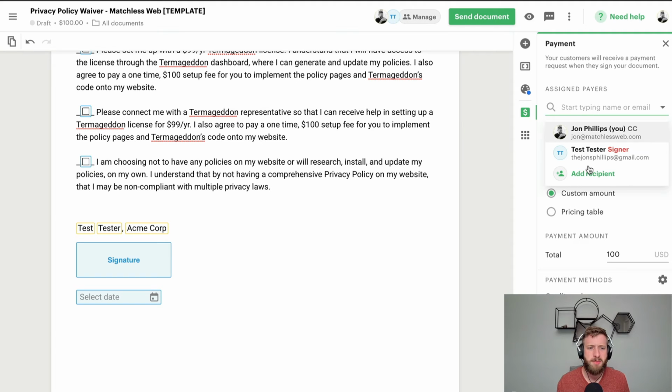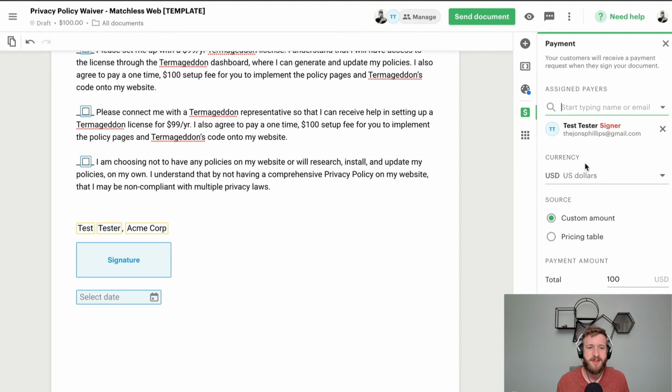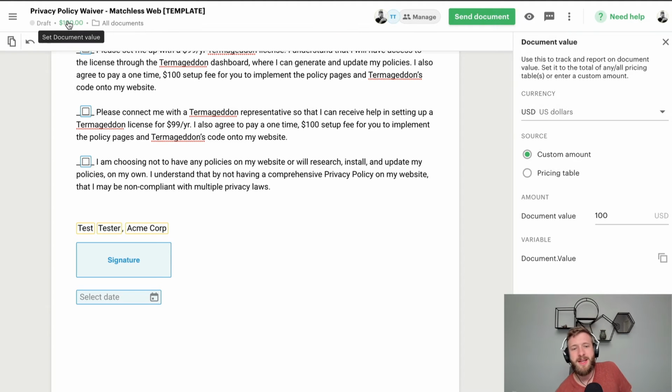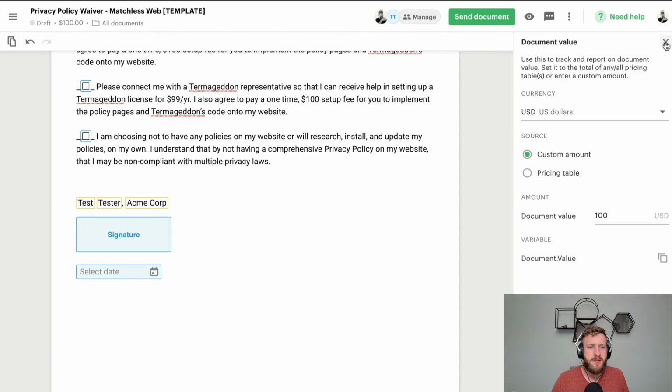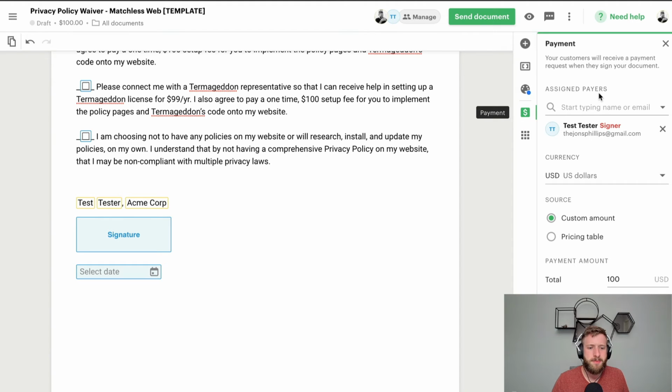So assigned payers, say, hey, that's tester. That will be the person paying the custom amount that I've assigned here. I have given the document a value of $100 up here. Any document, you can tell it like, hey, this document is worth this much if the deal goes through, if the proposal is accepted. And yeah, so payment is activated, and